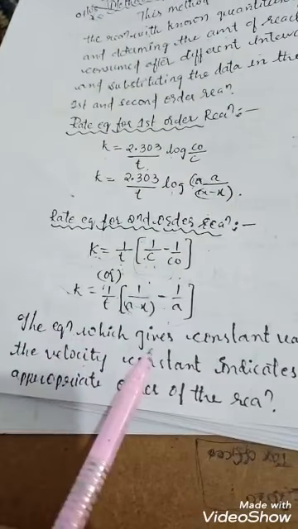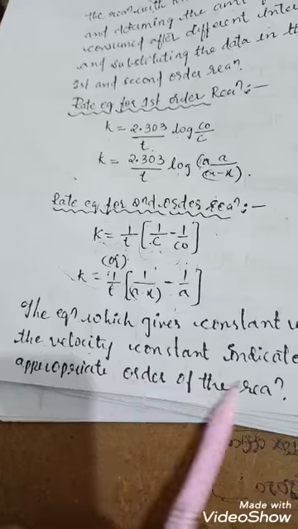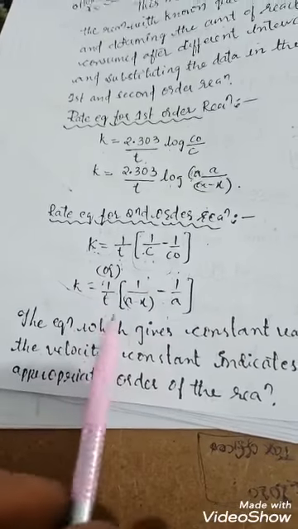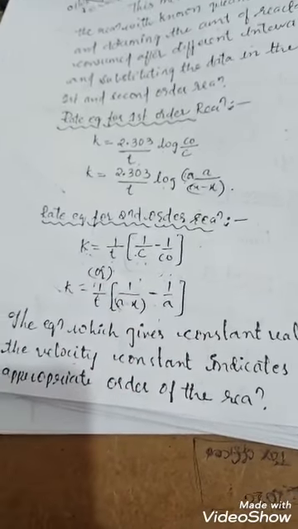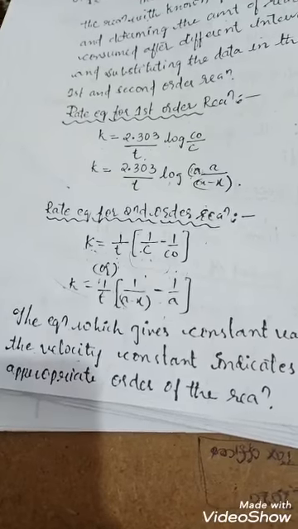So the equation which gives a constant value of k, the velocity constant, indicates the appropriate order of reaction. This rate constant gives the order of the reaction. Next, various rate equations can be tested